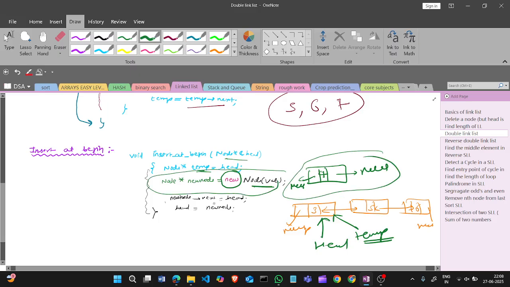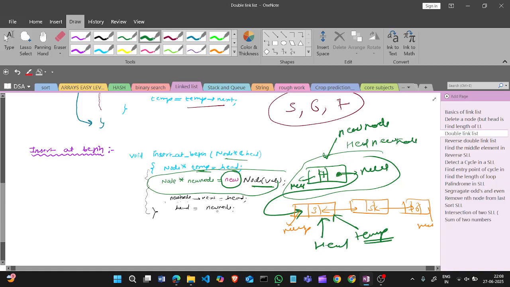This new node's name is newNode. And in the next of newNode we are passing the head. Like this, and head is newNode.